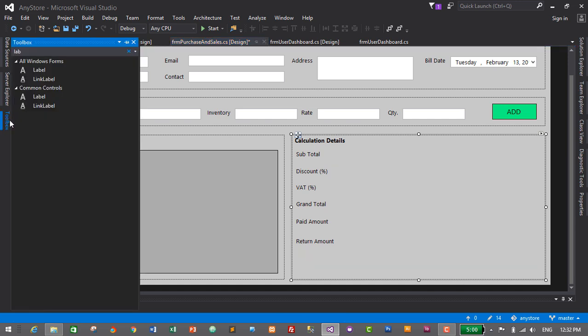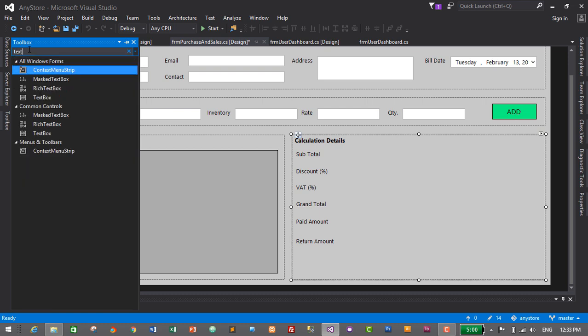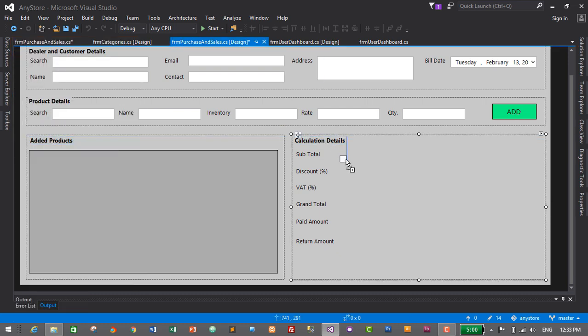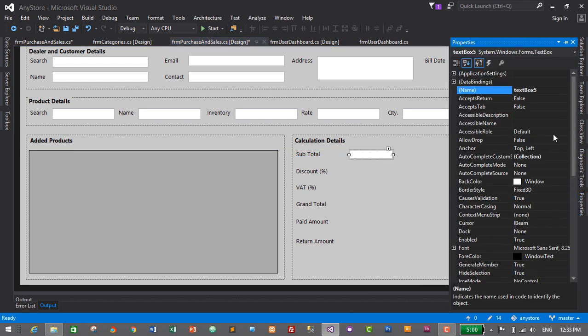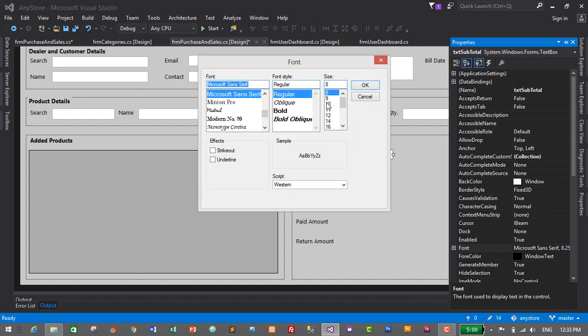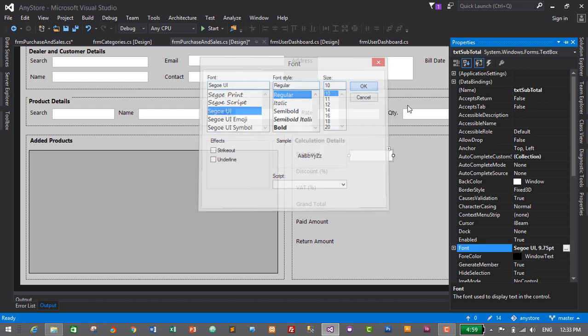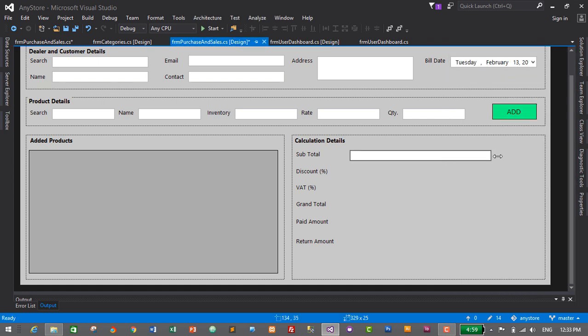Now we need to add text boxes for all of this. So let's go to the toolbox and add text boxes. Search for text box and drag and drop. So I'll add here. Now let's go to the properties and change its name to txt subtotal, and its font properties will be 10 regular and Segoe UI. So that's it. Let's make it bigger,